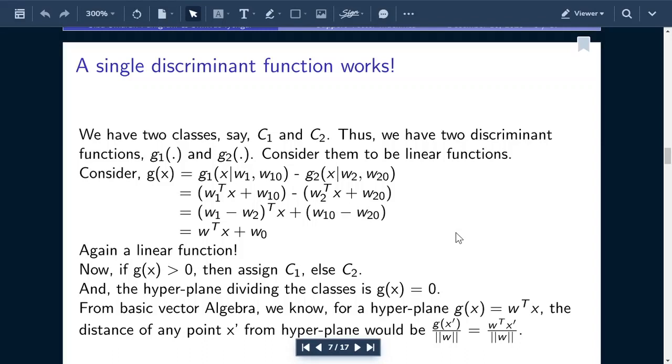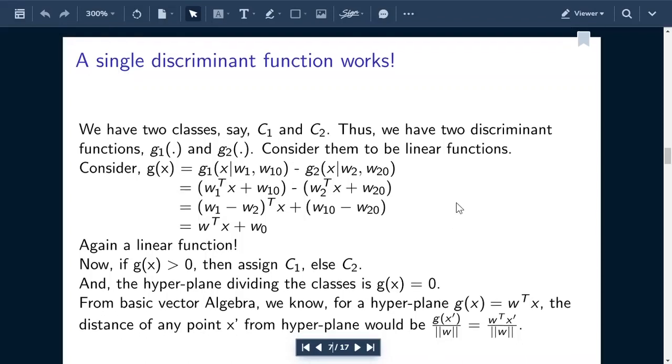Now, let us define hyperplane. In crude layman terms, we can say that in a two-dimensional space, a straight line can be considered to be a hyperplane. If you go to 3 dimensions, then a simple plane like 3x plus 4y plus 5z equal to 3, something of that kind, can be considered to be a hyperplane in 3 dimensions. In higher spaces, the planes are called hyperplanes of that dimension, but we are not going into that. 2 dimension and 3 dimension are very easy to visualize and also help in understanding.